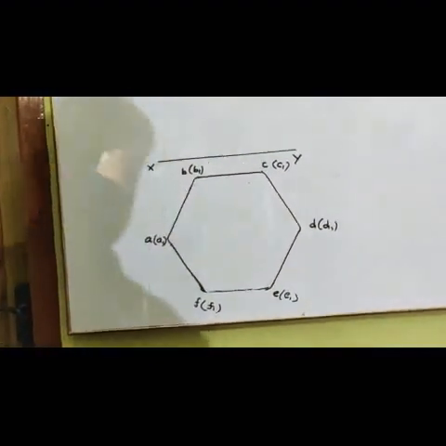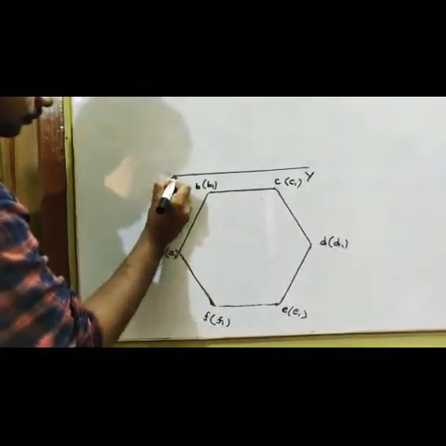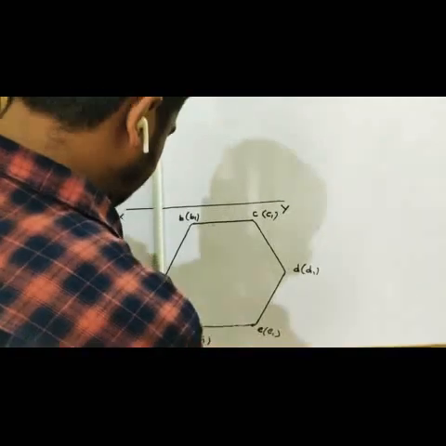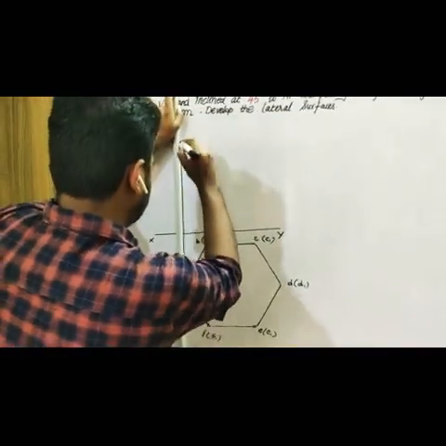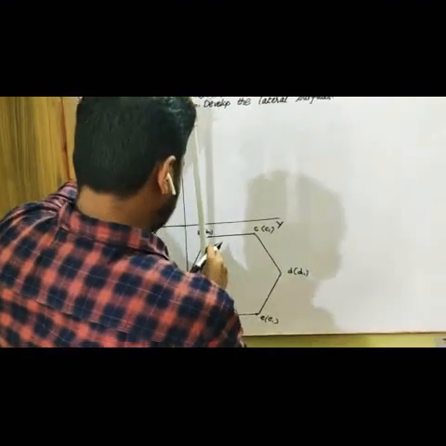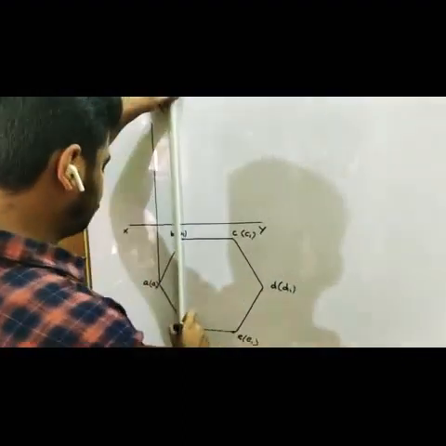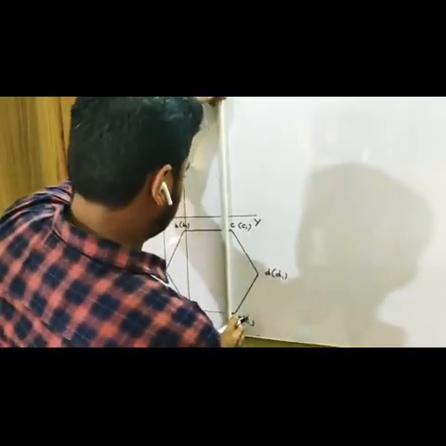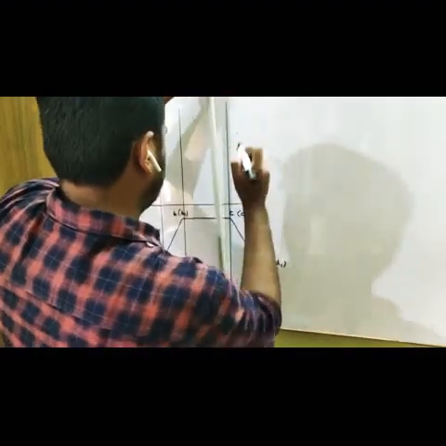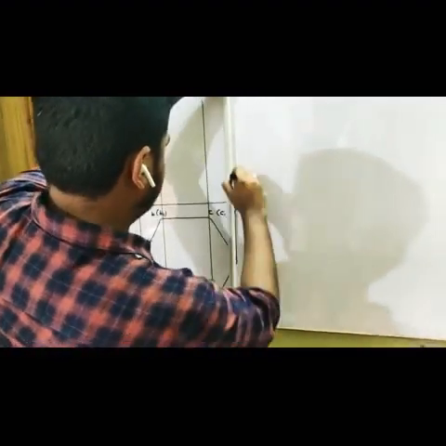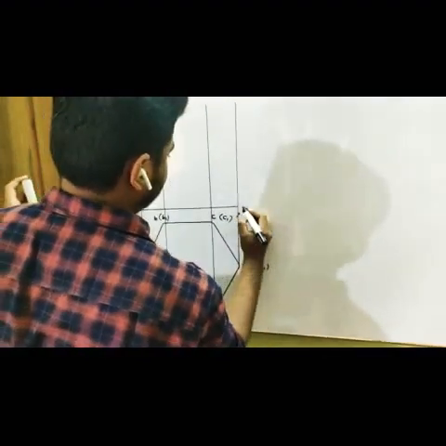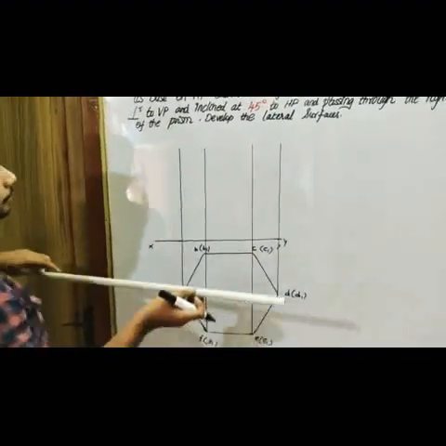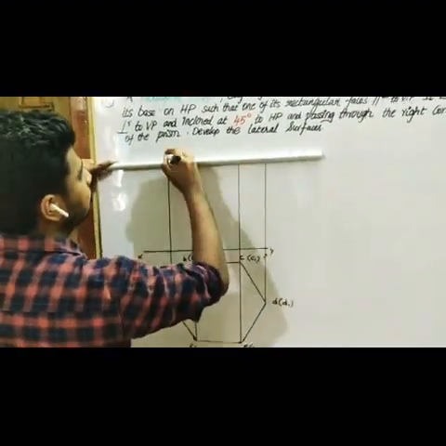So now I am going to draw the projectors. Right. So this is the projector from A, and this is the projector from F and C, and this is the projector from E and C. This is the projector from D. Right. So this object is a prism. So I am going to close the